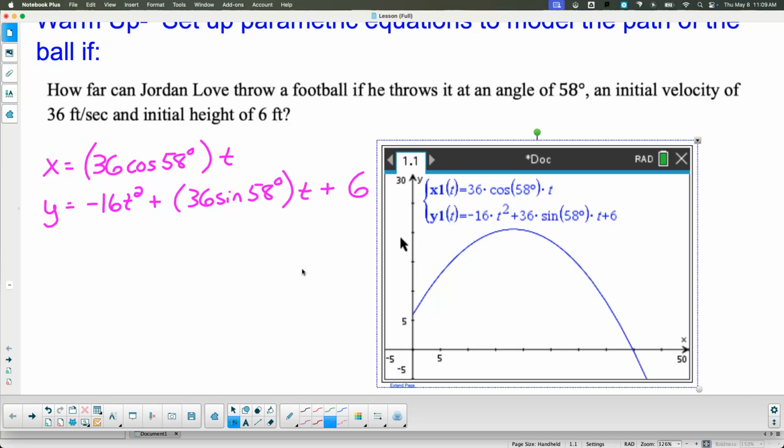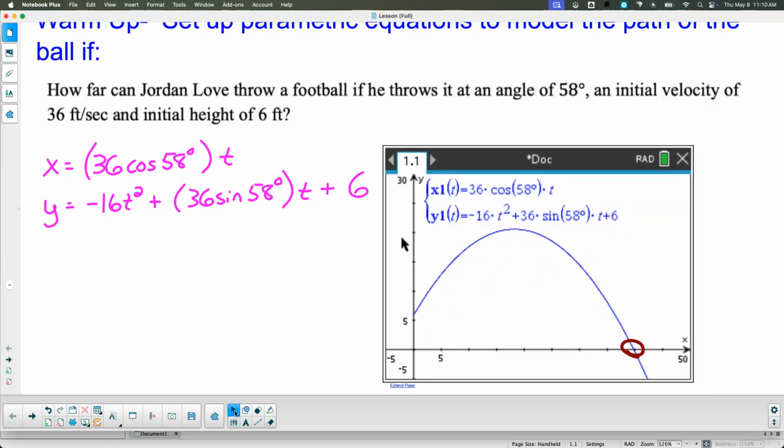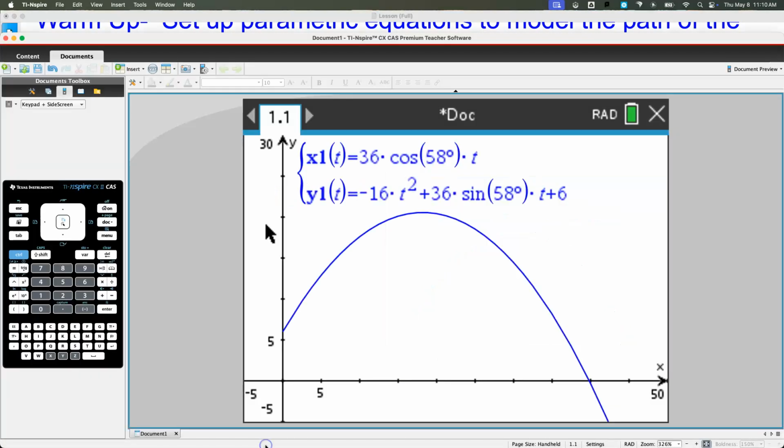Now the question is, how far can he throw it? Right? So we need to find this point down here. Okay? That's where the ball hits the ground, so that we need to find how far he can throw it. Okay? So what we need to do then is we need to go back into our graph here,